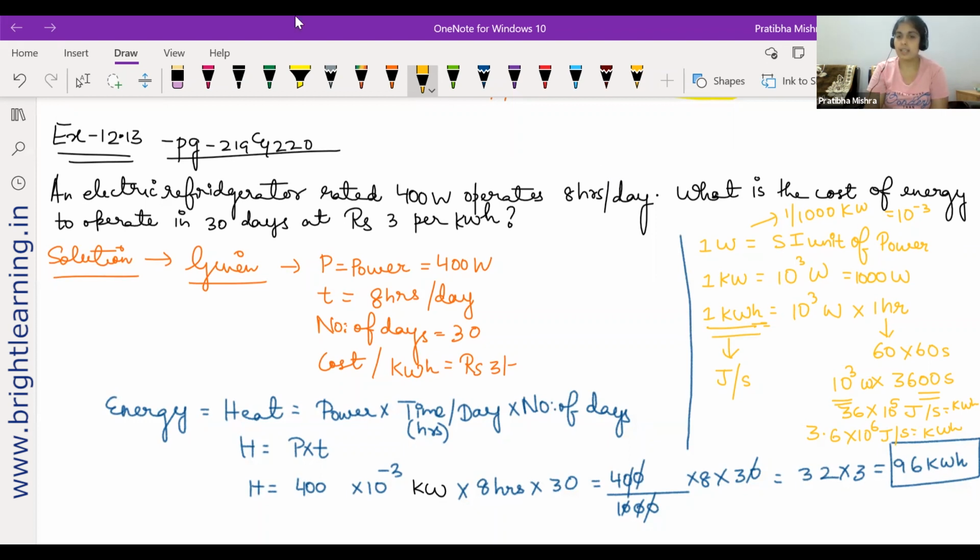Let's go ahead to the in-text questions. See, we have discussed everything in the chapter. So rather than writing everything, since we are just discussing the questions and answers, numericals can be done. That's not a problem. But all the other things in the textbook, we have learned in the same manner and notes will be provided. So let us start with the questions itself. I think we will take this page first. Let me just check the page number.